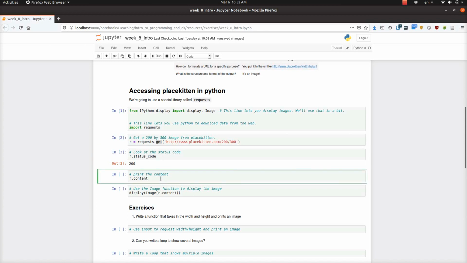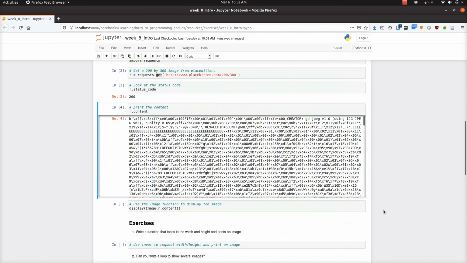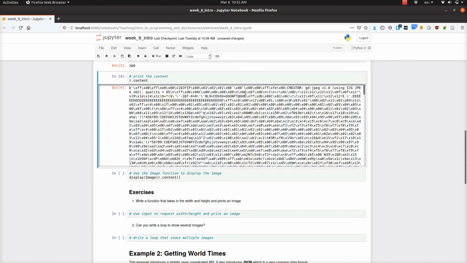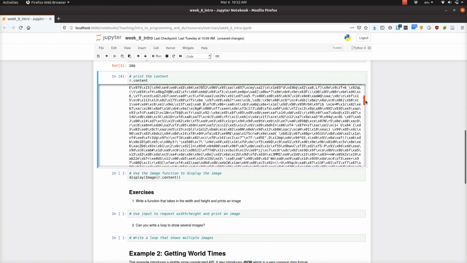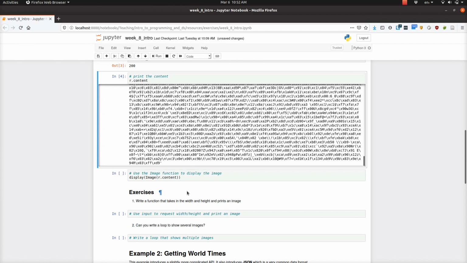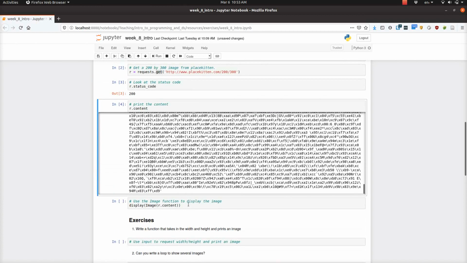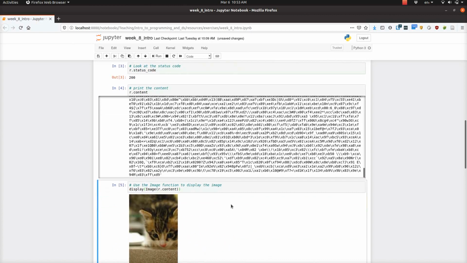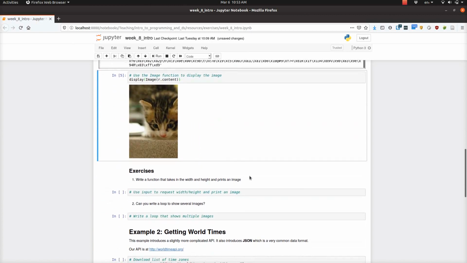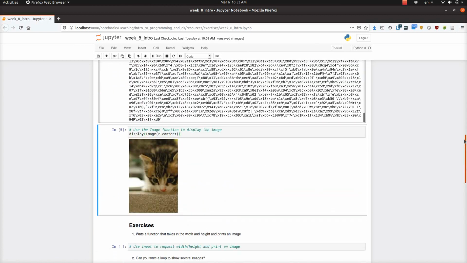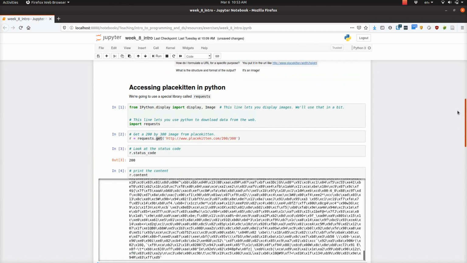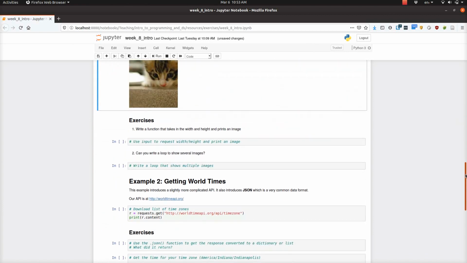We can look at the content, which in this case is just an image. So this is the image in binary. So we don't want that. We want to actually display it. So this displays the image, and that's the image that was returned. So hopefully all of that should run without you changing anything at all. The next step is